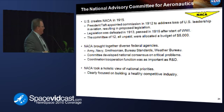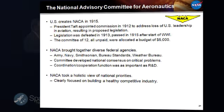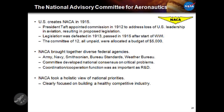So a little bit about NACA and some of the background and context for how the early days of NASA's predecessor organization can be an analog for where we are now in terms of commercial space capabilities. NACA was created in 1915 under President Taft, after the Wright brothers invented the airplane, and there's an interesting story there too, just real quickly. The largest ever federal R&D program at the time was for Samuel Langley, who was the world-renowned expert on aircraft. He had this huge government R&D project to develop an airplane, and he had demonstrations and brought all the experts together,